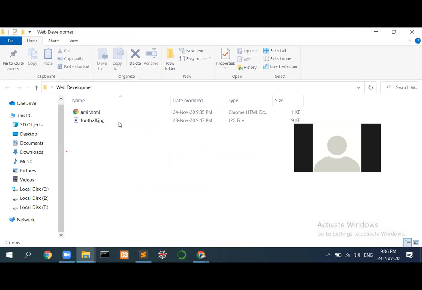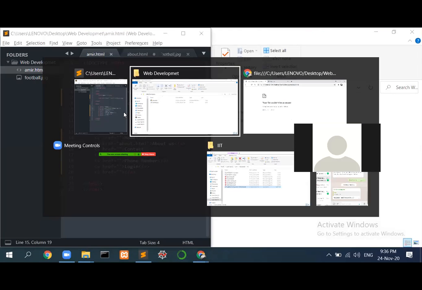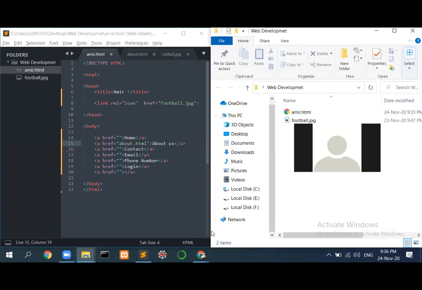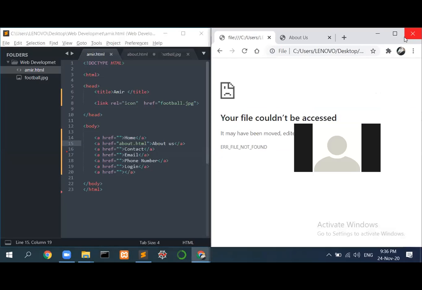Your browser doesn't know where this file is stored. So you have to give the correct path of your second document. Are you all understanding? If you don't write the extension, or if you don't write the correct path of your website, it should be in the same folder. If it's not in the same folder, what you can do is add a dot and a slash. And if you just save it,